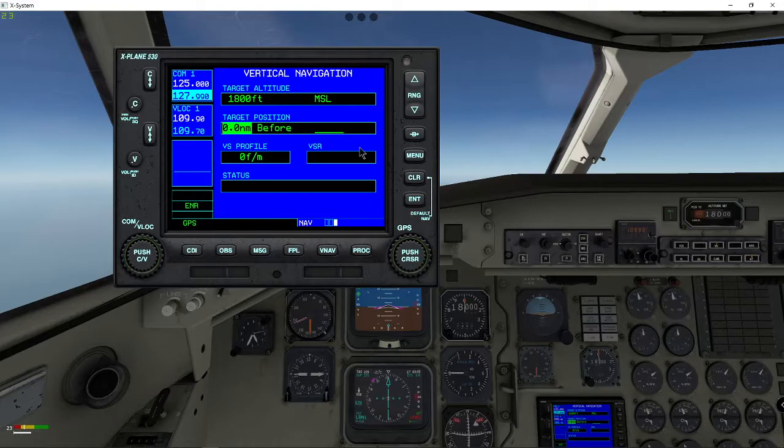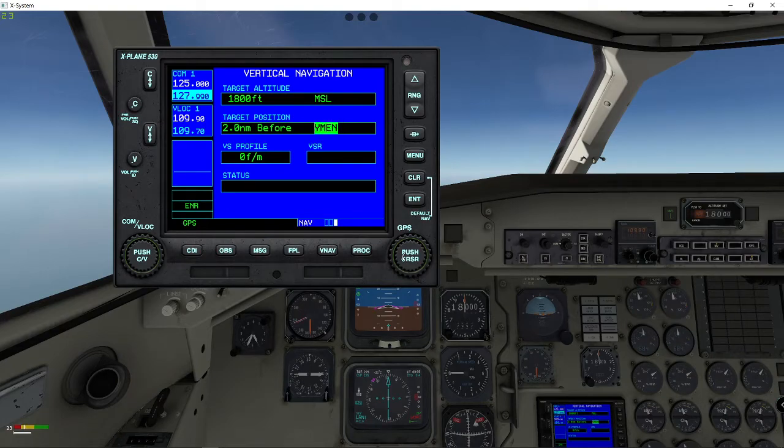I want to be at 3,000 at say 2 or 3 nautical miles before I reach it. So I'll put in here say 2, and then I go to the next one, and it's to be before and not after. So we'll move the cursor here,